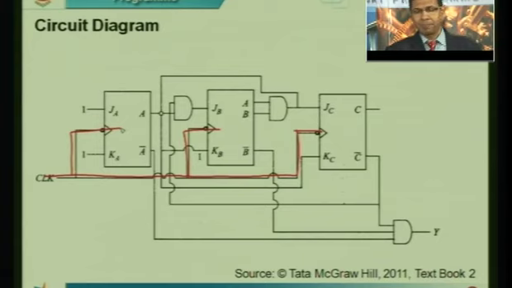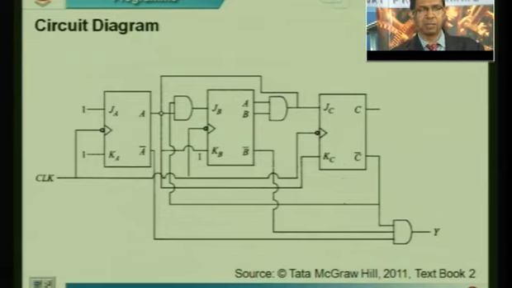So if you can see here, this is what the entire counter is, which is a mod 6 counter. So how was synthesis done? We just have to follow a methodical approach, and straight away it yields us the most optimum solution. When can you get the most optimum solution? If you solve the K-maps diligently. Try to eliminate as many variables as possible so that you can form the duplets, you can form the quadrats, you can also form the octets if you want, and eliminate as many variables as you can so that your logic expression becomes much more simpler.